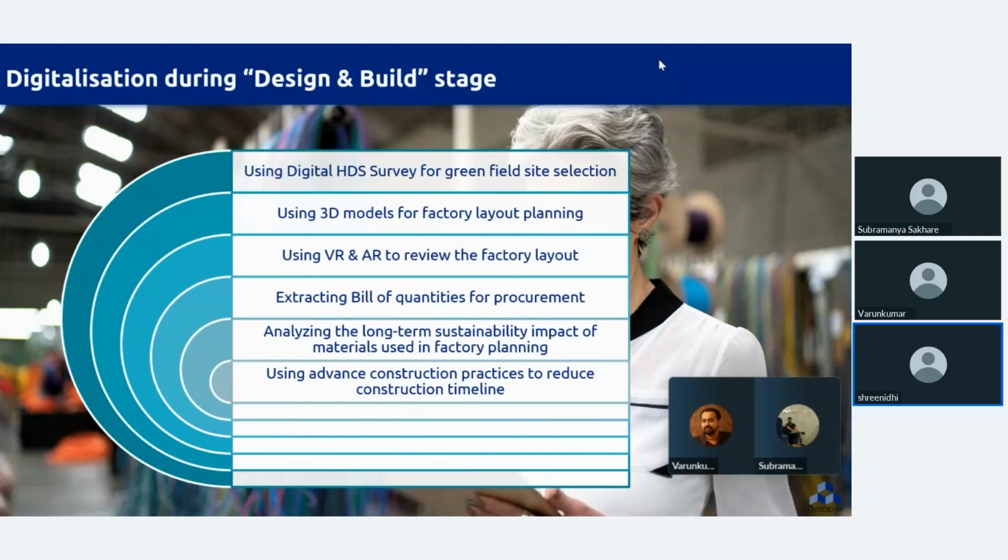Otherwise, if you go with the traditional construction practices, then timeline optimization can only happen through either deployment of more resources, which may not always be in favor, and sometimes beyond a certain point you cannot expedite the construction, which becomes the largest risk factor for factory completion or the starting of production. So that is why it is very important that we use digitalization as a key part even in this stage